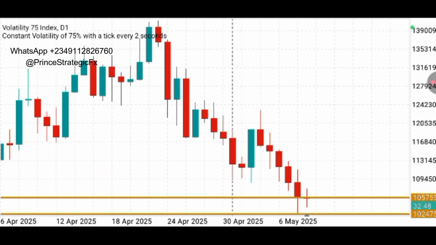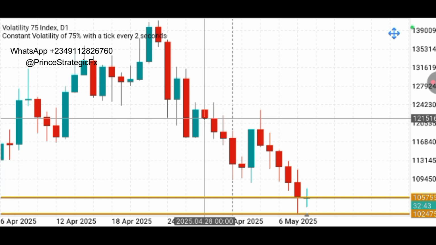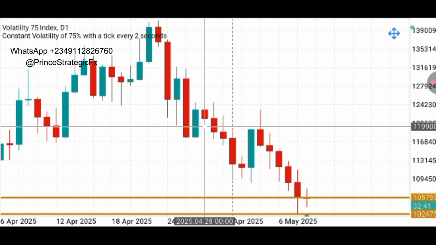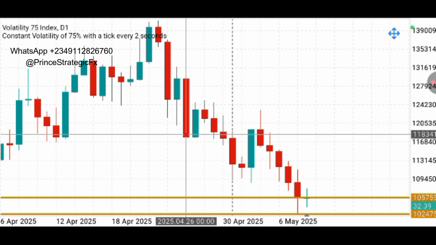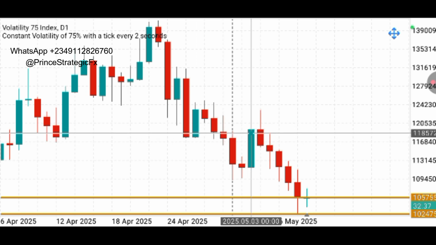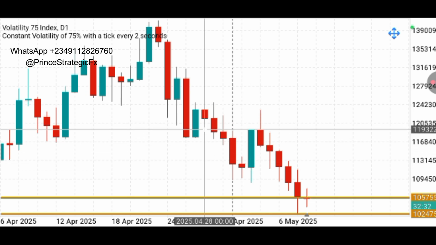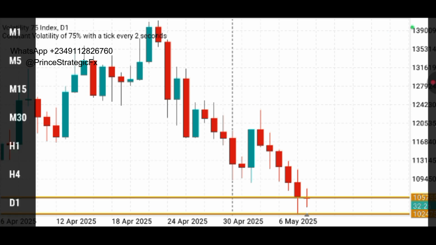So that's why I said some of these candles have a close and a wick, while some don't have a wick, some only have a close. You can see this green candle here only has a close, right? It only has a close, but it doesn't have a wick, right? So now that we figured out